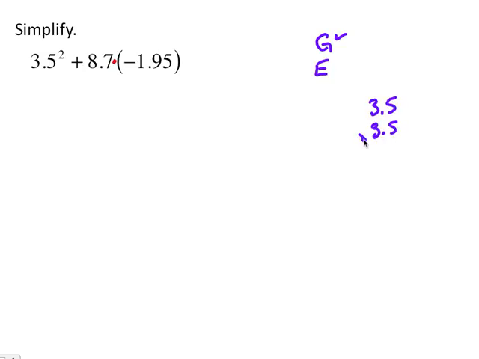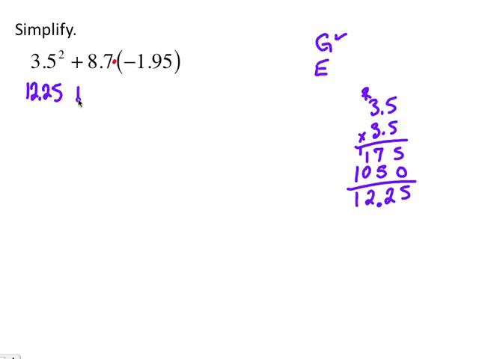So 3.5 times 3.5. 5 times 5 is 25. 5 times 3 is 15. Plus 2 is 17. 3 times 5 is 15. And 9 and 10. You can work these out on your calculator to help you with the arithmetic part of it, but it's a good idea that you know how to multiply and work them out by hand so you don't have to rely on your calculator. So we moved our decimal point over 2 places